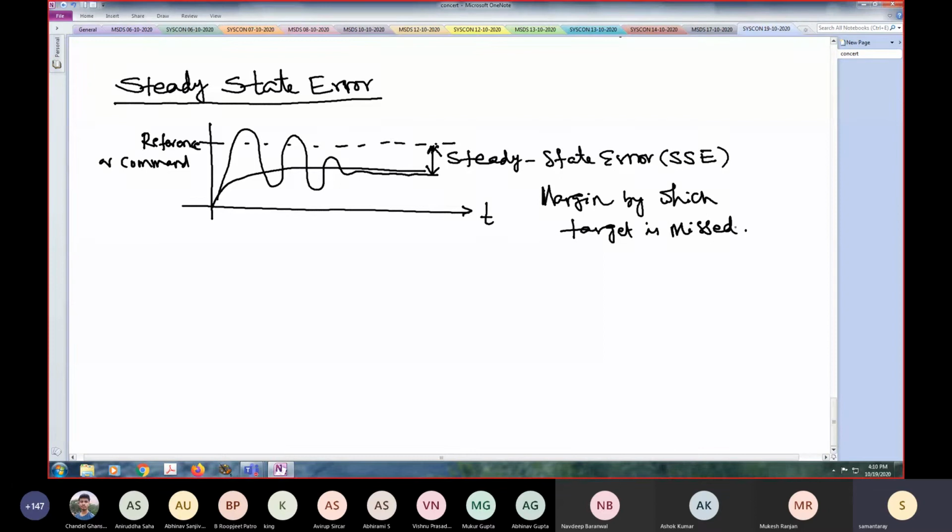So whether such steady state errors really occur, let's see. Let's take one example and see where steady state error occurs. So let's say we have a pulley, some omega is given. From there, we have some kind of a spring hanging rope. There is a mass hanging from that. This is K rope, let's say. And this pulley is rotating at omega. Let's say omega r is this velocity. So this is our velocity, V.